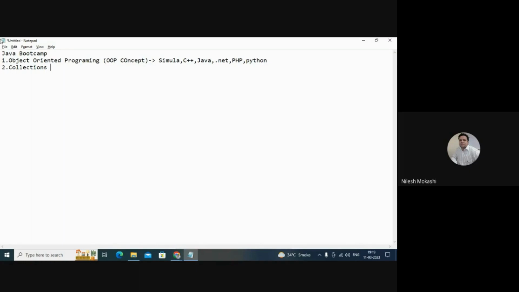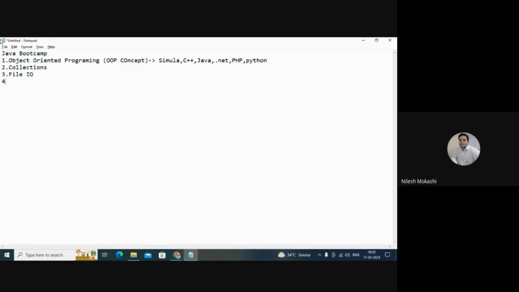There are a number of things available in collections, and in companies they are used in very large quantity. So I have thought to give you some knowledge of collections as well. The third topic is file IO, that is file input output. This is also a very good topic to understand.